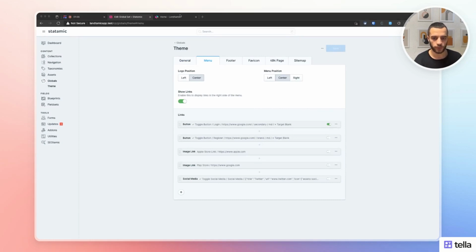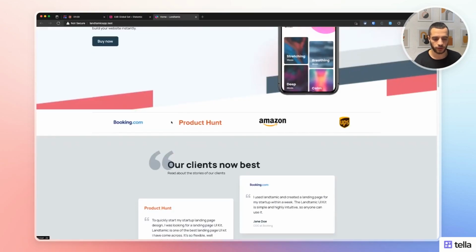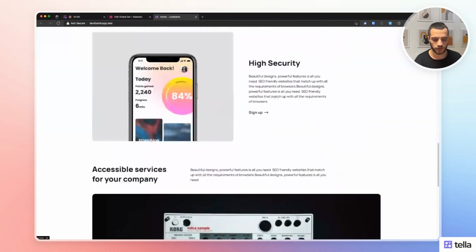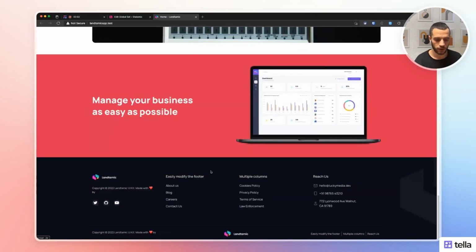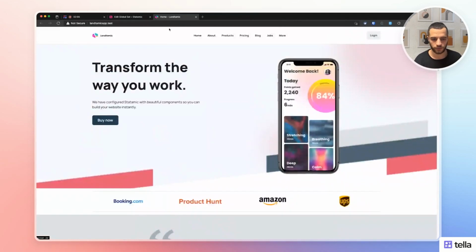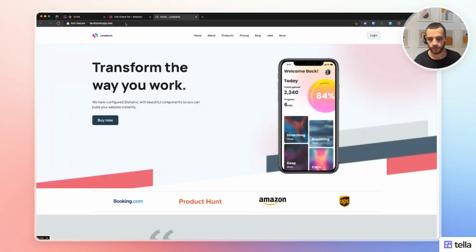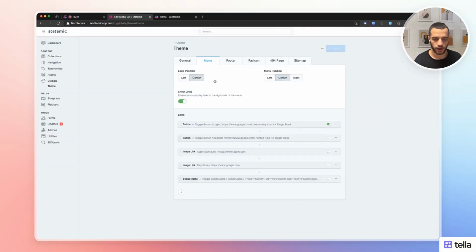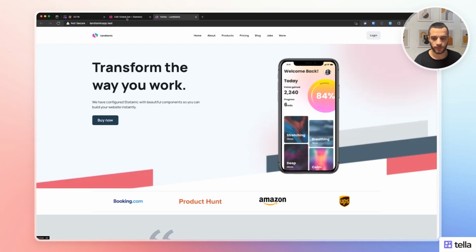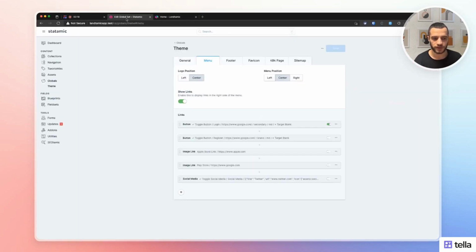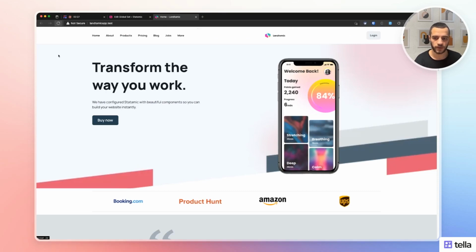Here, I will open the default Landtamic installation. After you install, this is the sample page that you get. Here, we mostly showcase all the features and made them into a nice starter page so you can review. So now if I go here to header, I have a bunch of options. I can select the logo position to be either left or center. For now it's center, but because the menu is on center, of course it's not going to work. So now I'm going to send the menu to the left, and the logo should come up to center,